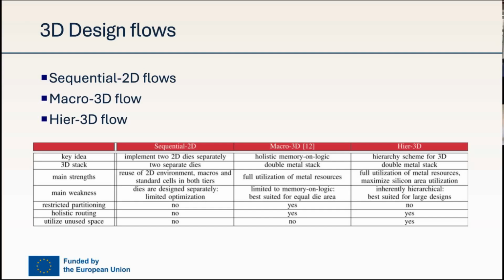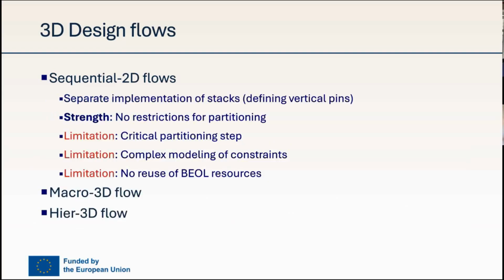What we would like to do is to try to combine the advantages of every one of these approaches so that we can get no restrictions in terms of the partitioning, that we can get a holistic routing approach like in memory 3D, and that we can also use the space that we have in the different dies to the maximum. Before we start with the explanation, let me try to summarize again these strengths and limitations of the existing